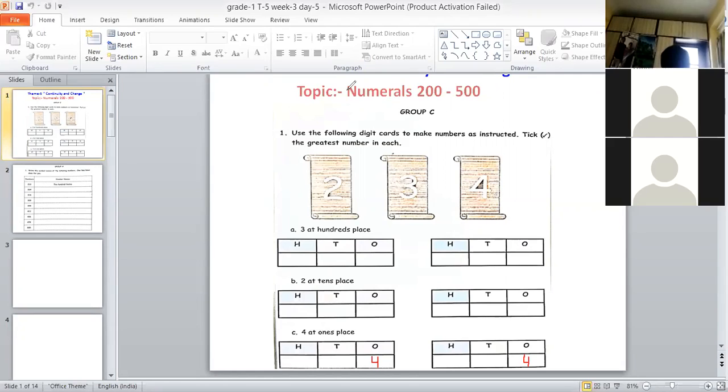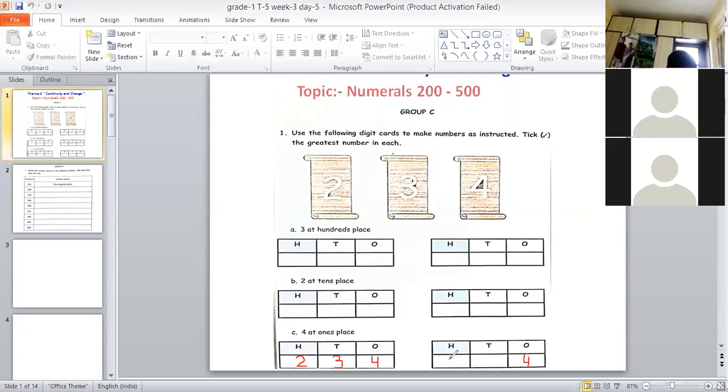Hanvit? Yes, ma'am. Okay, Hanvit, we wrote 4 at ones place in the last bit. Now you tell me what shall I write here at hundreds place? Two numbers are left, 2 and 3. I can write either of the two numbers at hundreds place. Either 2 or 3. 2. Okay, so I'm writing 2 at hundreds place. What shall I write in tens place? 3. Very good. So I'll write 3 here.